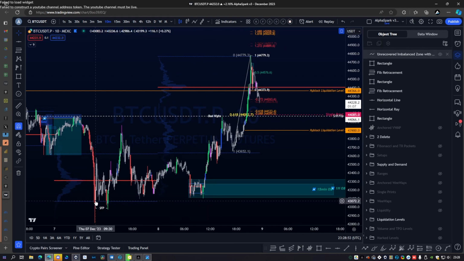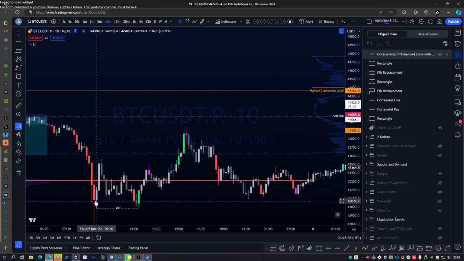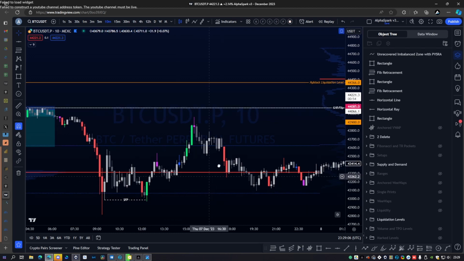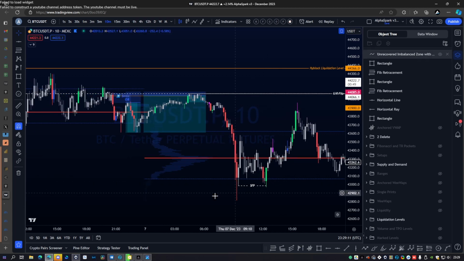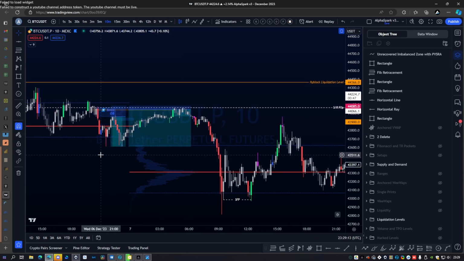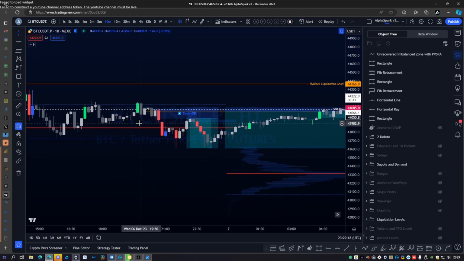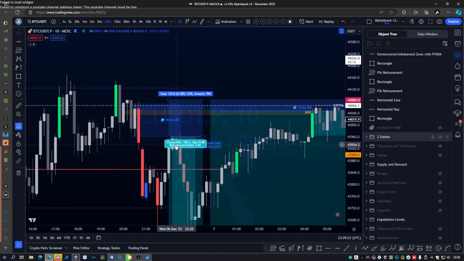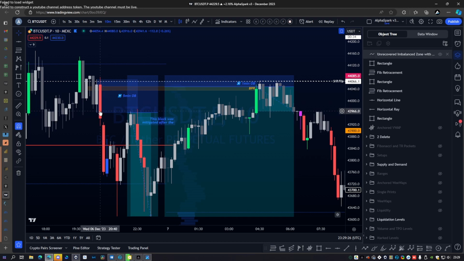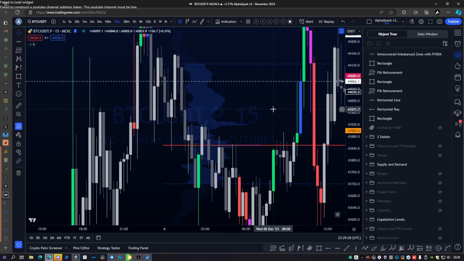Okay, those are essentially the types of blocks that I like to trust in, because everything else, they may work sometimes, but in my experience they're a little bit more unpredictable, and they don't generally give good results. For example, we have another case here. This is the setup that I gave you guys, where I told you that looking at the 15-minute,